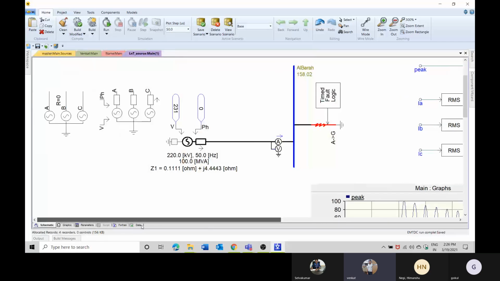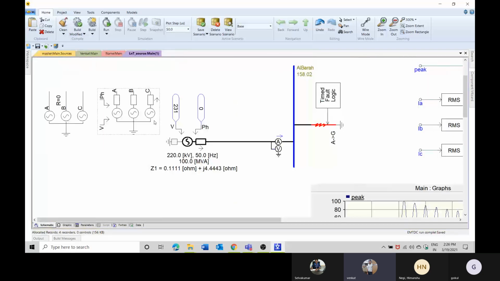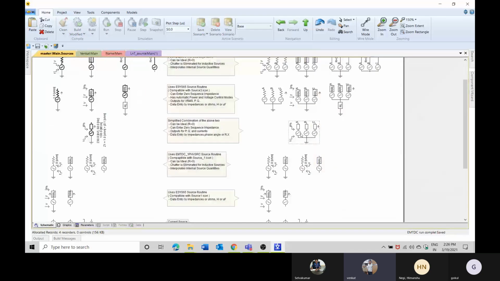But whatever you see in the library, just copy it and use it in your particular project file. Don't ever change something in the library file.